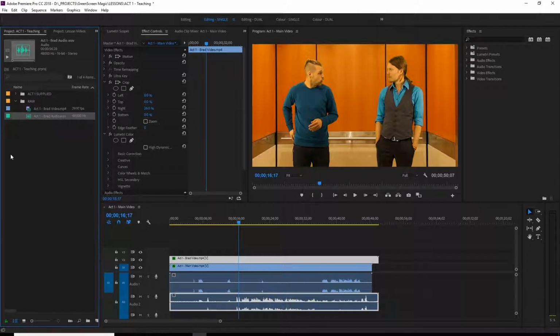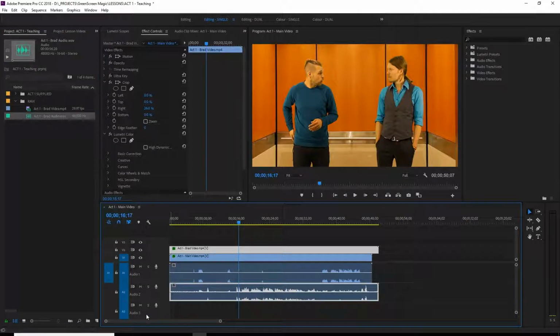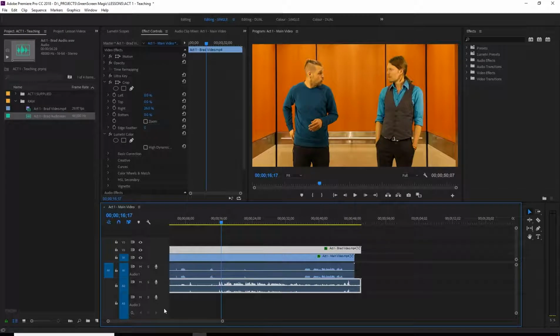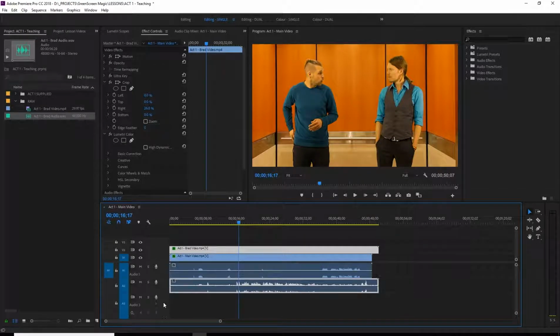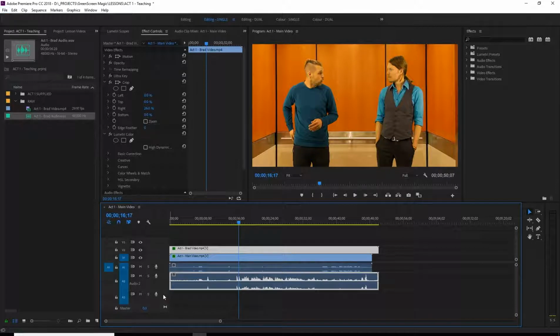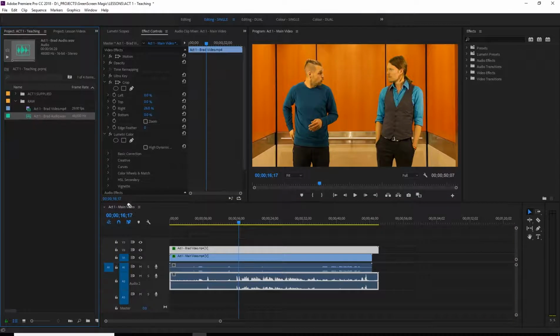So here we go. First thing we're going to do is find some room to put that in. So here's audio track number 3. Now if these are getting too big, you can just move them with your mouse, get a little smaller. The other thing you can do is use your control key to move up and down with your mouse wheel, or your alt key on top of this will size each one individually. So now that we have an audio track to work with, we're just going to take this recording down, place